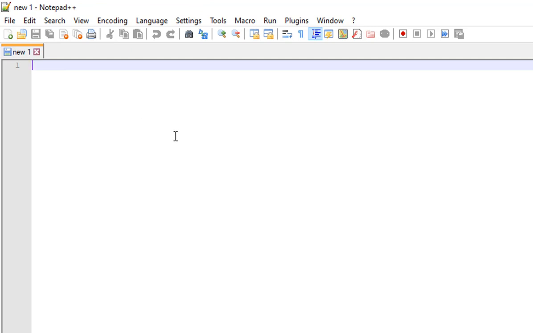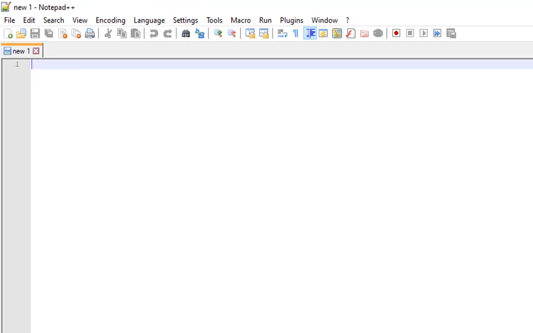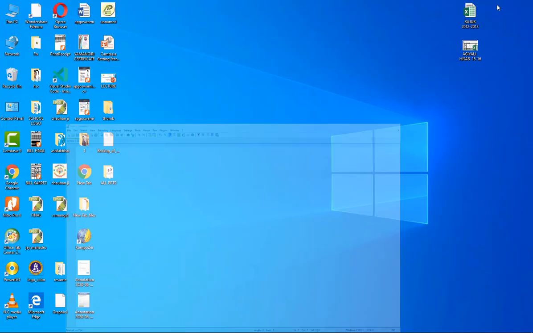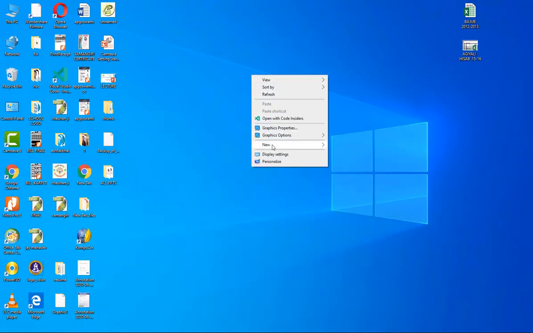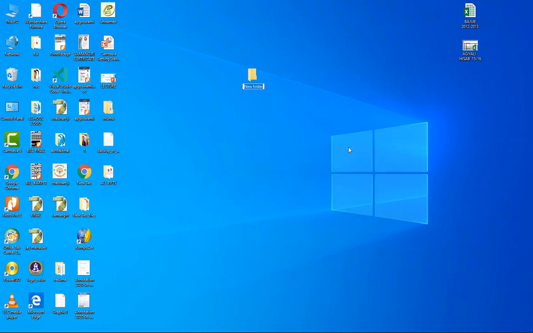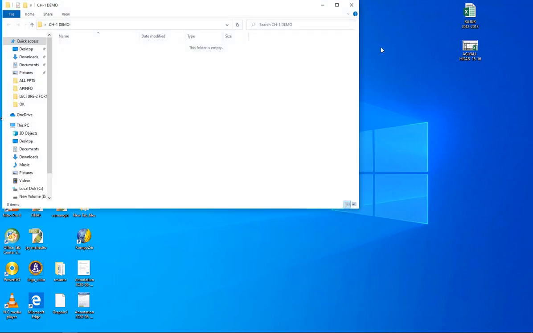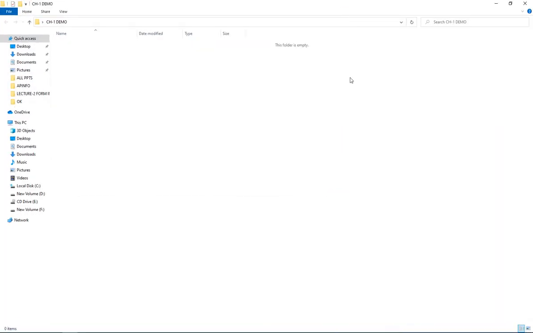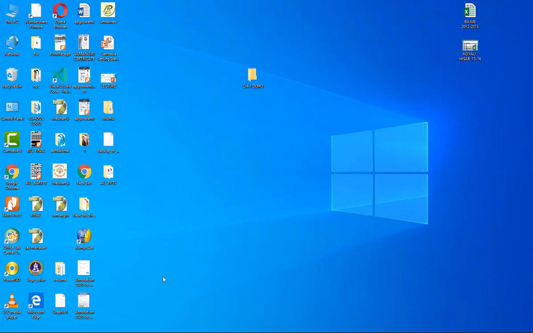Now we create the first file. Before creating the file, I create one folder on my desktop. The folder name is HTML chapter 1 demo. You can name it whatever you want on your desktop, but I will create this.